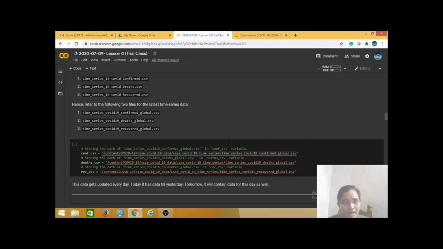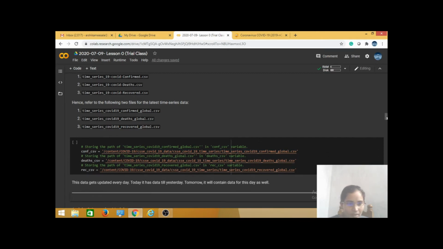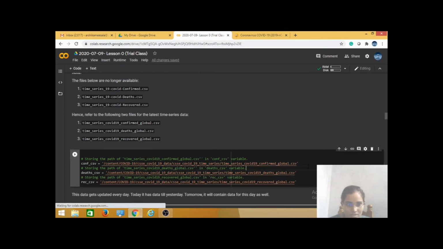Because every time I don't want to use this long path whenever I need it. So I simply assign a name. Whenever I need the whole path, at that time I can use this small name instead of this big path. And here you execute this.